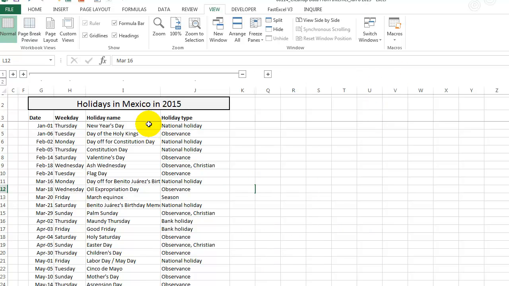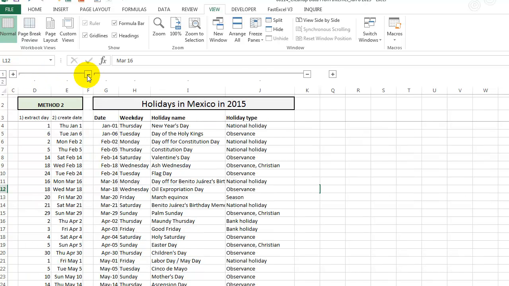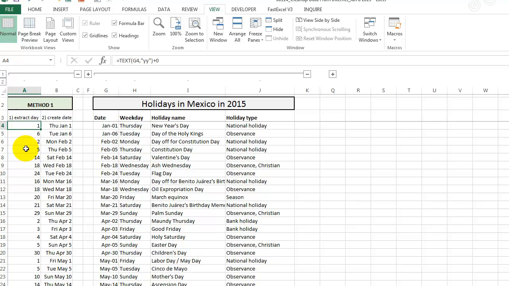Now, a couple other ways that you could do it. You could possibly go like this. Let's go to method 1 first. You could use the text function to turn the 2-digit year into a number. It's taking the year, in this case that's 2001. It's grabbing the 01. Then at the end we say plus 0. Without the plus 0, we're going to get a 01. But when I say plus 0 all the way down, it converts the year, which is incorrect, into a number.